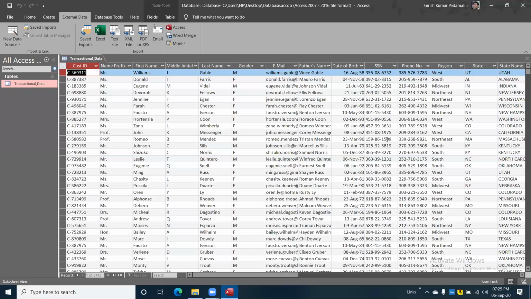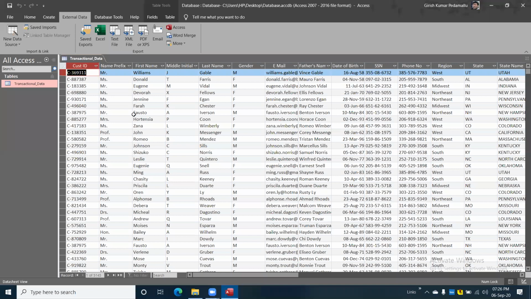Sir, one quick question before we move on. Suppose we use this for a huge data set. Because it's a column name or field name, it's very easy to find if there's a dot. What if somewhere in between the data set there's a format issue? Suppose we have a mobile number like 385-576-7783, and one of the mobile numbers has a dot in between. How do we find that? Good question.